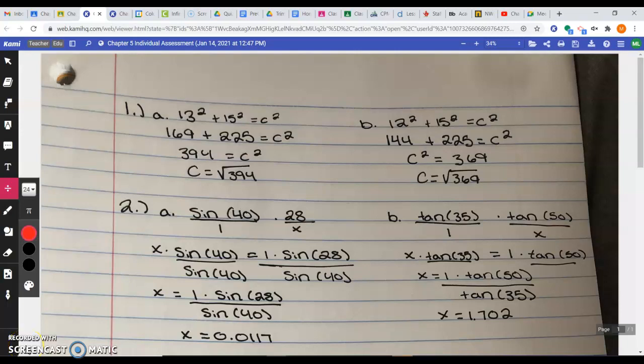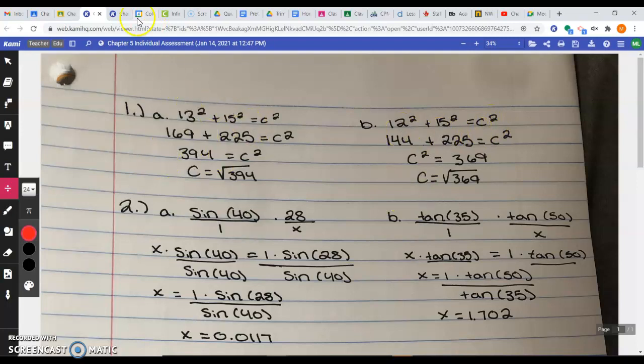All right, let's take a look at these corrections and where we're going wrong with these problems. So again, I am not going to do the corrections for you, but I will try to hint at and explain where you're going wrong here. In 1A, your 1B looks very good. That looks like you set it up right. You had the leg of a triangle plus the leg of a triangle equals the hypotenuse squared, and that was